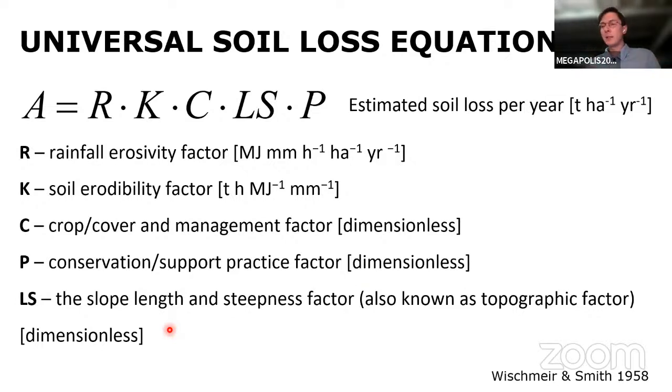It is a really basic empirical model. You maybe heard of it a lot during the last few days, because it is the basis of soil erosion modeling, and the general idea is multiplying all main soil erosion factors. So we have R for rainfall erosivity, K for soil erodibility, C for crop and cover management factor, so it's basically land use, land cover, P for conservation support practice factor, and LS, the slope length and steepness factor,